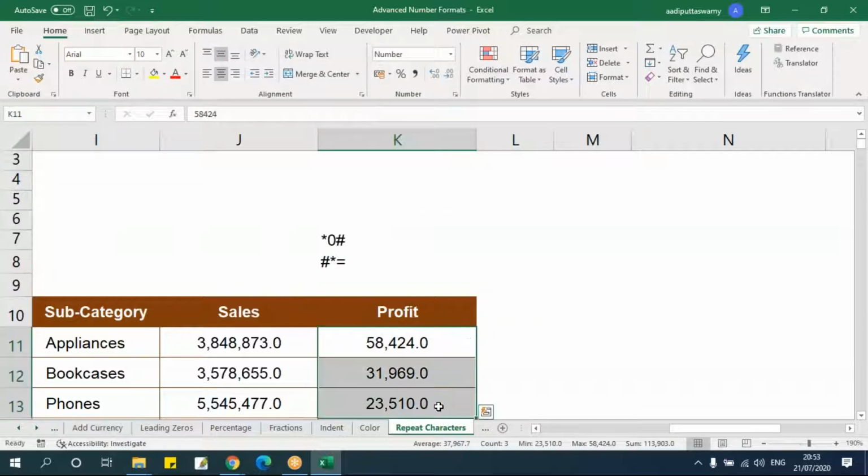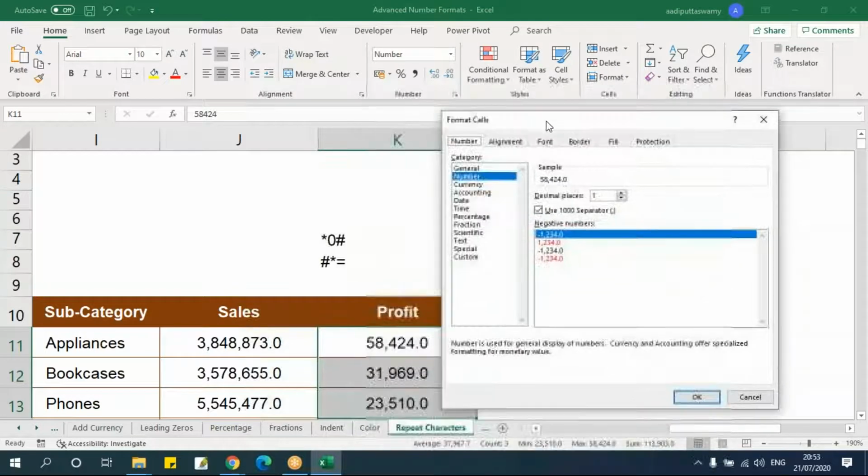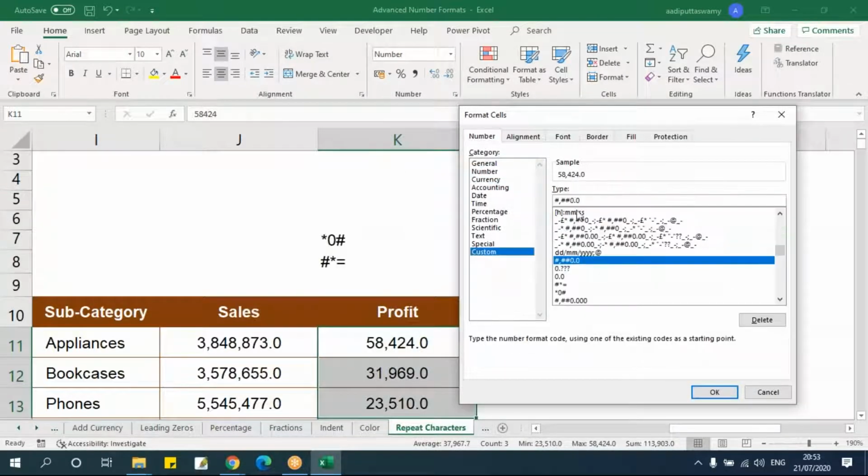Let me go here, say Control 1. I'll just say custom. Let me make it as hash. These were numbers. Now I have to decide whether the character I'm trying to prefix or suffix, I have to mention it. Say I want 0. I'll put star 0. This is the prefix. Let's say okay.